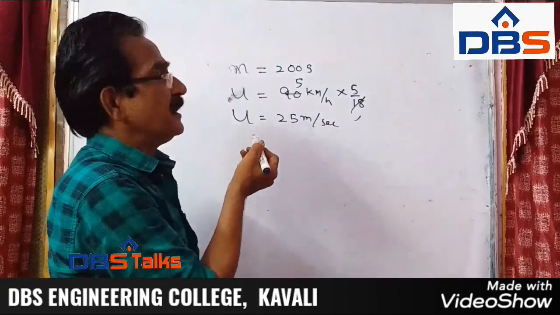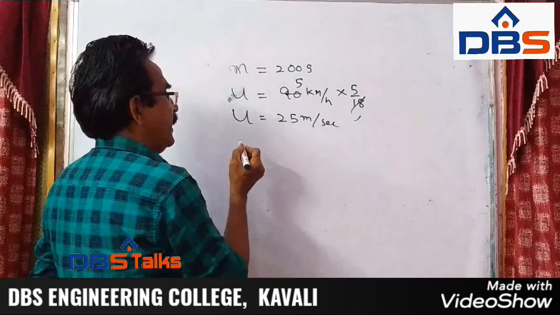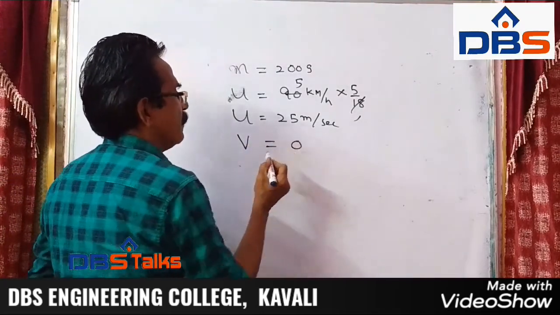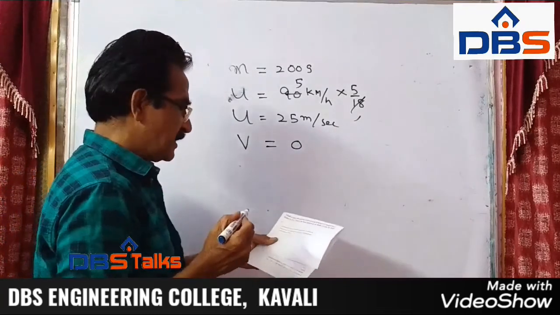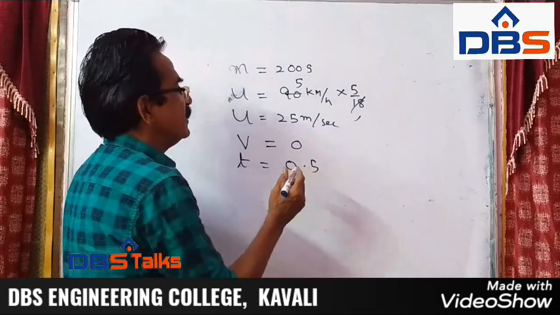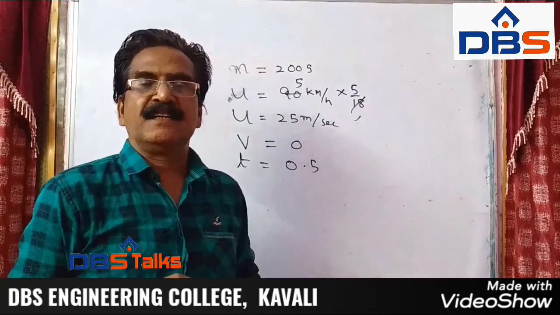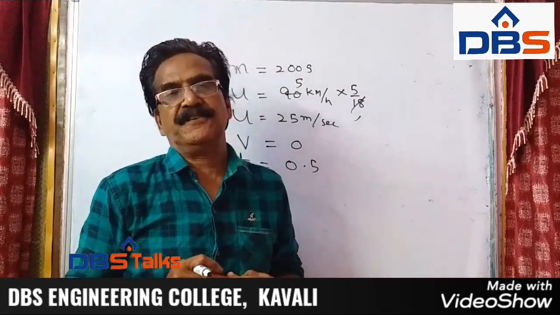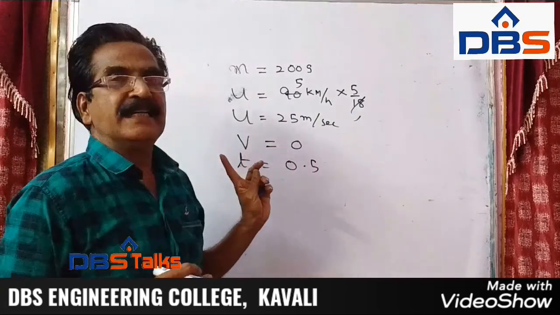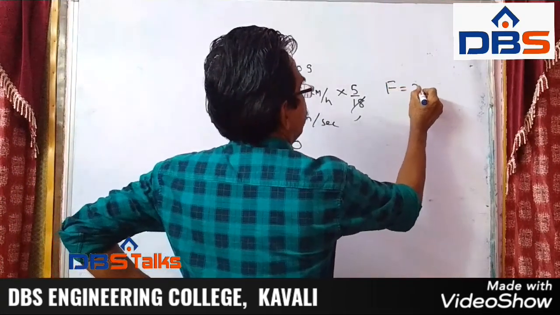So now the ball is coming with a velocity of 25 meters per second, and the ball was stopped by the fielder in how many seconds? 0.5 seconds. So all the data required for us to find F are given. M given, u given, v given, and t given. You know our formula, friends. F is equal to ma,